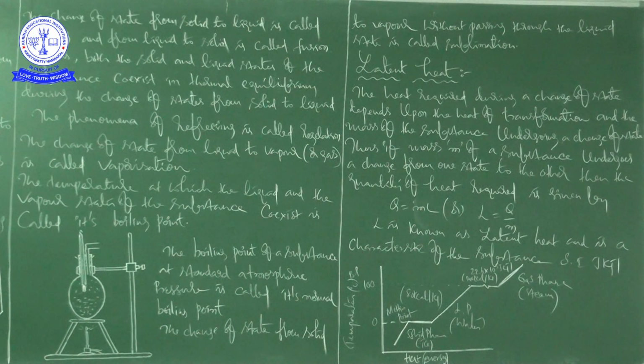What factors means what? It is a characteristic of the substance, that's enough. This is the important sentence regarding the nature of latent heat. Latent heat is a physical quantity. The nature of the substance, the characteristics of the substance, the formula, the SI unit, and the graph which gives a lot of information about latent heat regarding the three states of matter: solid, liquid and gaseous. So in our next class we will continue with example problems,